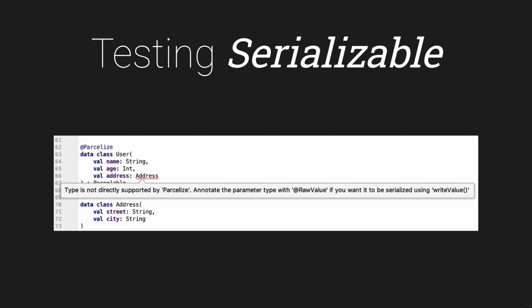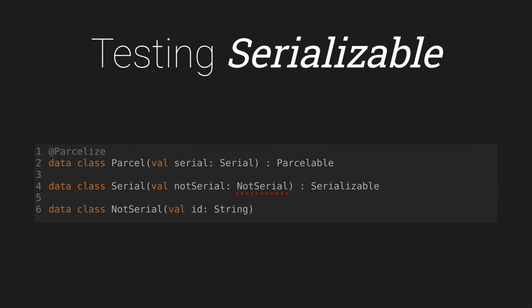Kotlin Fixture isn't just limited to traditional styles of tests. I've also used it to generate an instance of every serializable class in a codebase to ensure serialization works as expected. If you use Parcelize, you may ask whether this matters. Well, Parcelize only warns about objects added directly to the parcel not being parcelable. If you include a serializable object, and that itself contains something not serializable, then the compiler won't warn you, and instead you get a runtime exception when serialization happens. So you have to be careful when mixing these two types.